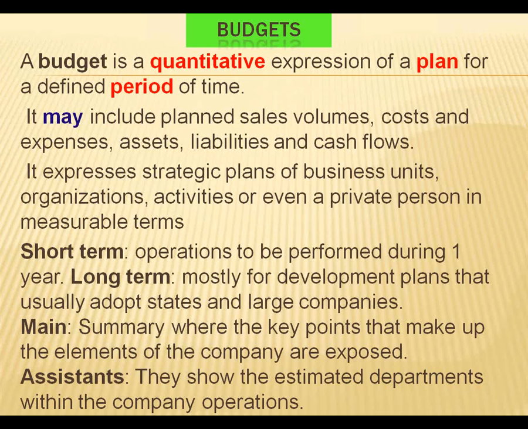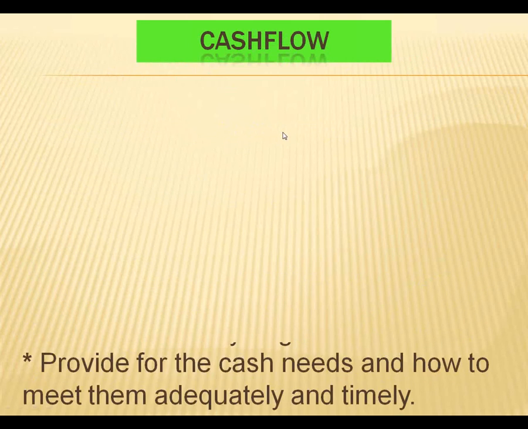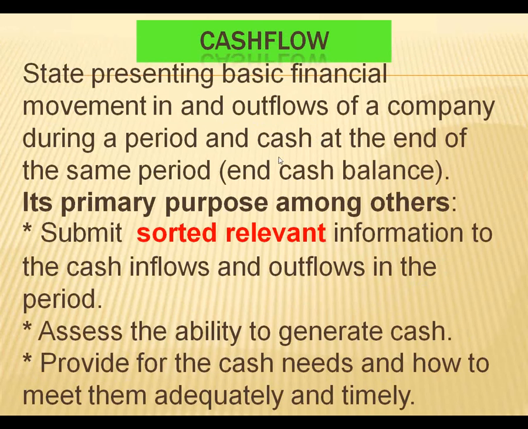We have a short-term budget, mostly up to 1 year, and we have a long-term budget, mostly for big companies. We have a main budget, as I mentioned before. The cash flow is one of the main budgets, and we have auxiliary budgets that help us to put together all those budgets and make the master budget. The cash flow, that is one of the most important budgets,